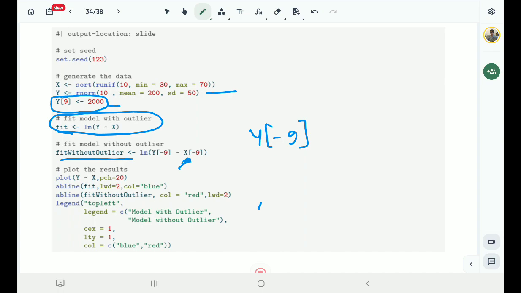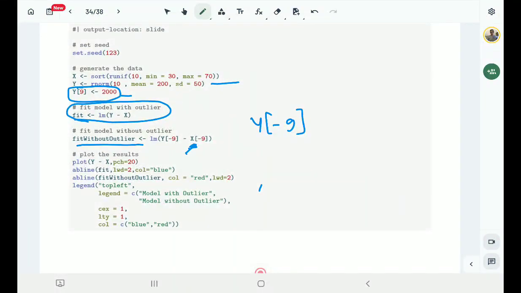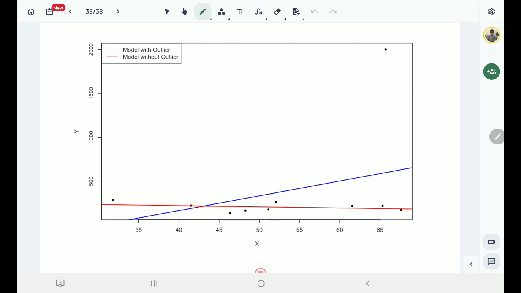So what you're going to see is once you drop the outlier, the model will differ a lot. This is the picture. You see, this is the model. The red line is the model, and the blue line has an outlier here, and the red line is basically estimated without using that outlier. That is, you see, the red line is basically a downward sloping line,